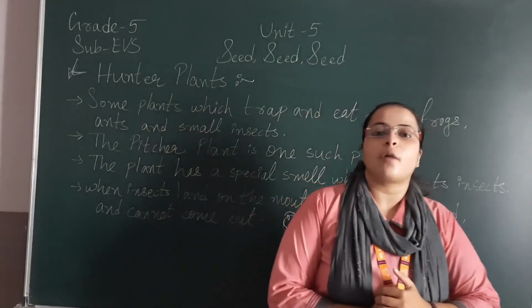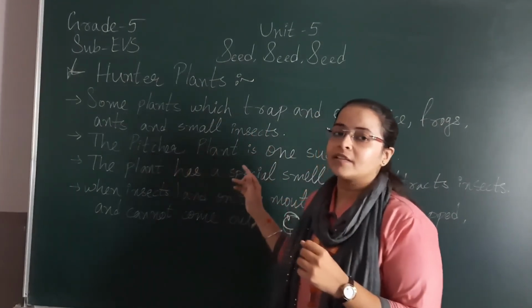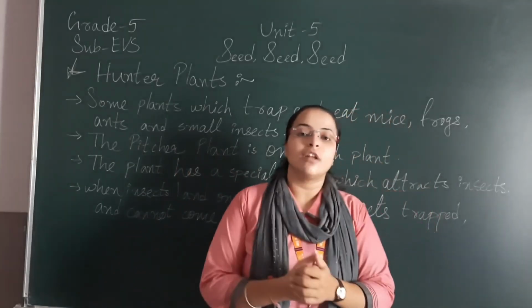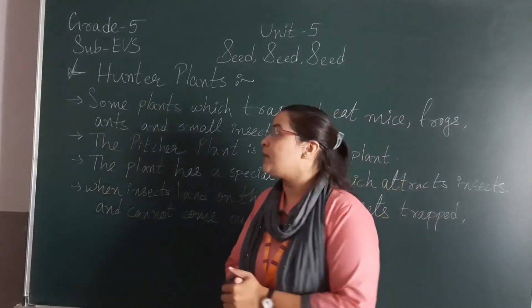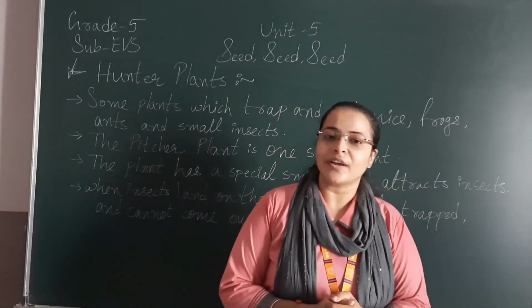Okay, so today the topic we have covered is the hunter plant. It means the pitcher plant के बारे में हमने आज समझा, why they are hunting other insects. Okay, and first we have learned about how to grow a plant. Okay, so this is part 3 for unit 5. In the next topic we will continue with the next. Okay, thank you.